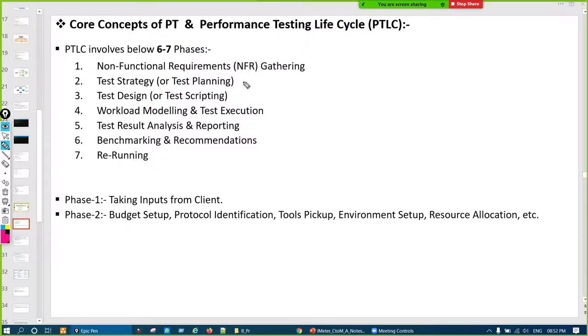Now in phase number 1 and the next phase, these two phases, direct human intervention is there. Human intervention means any senior person will be there and they will take care. The first phase is the requirement, like how in our testing we have the BRD, the business requirement document. Similarly for non-functional testing we have the NFR, non-functional requirement gathering.